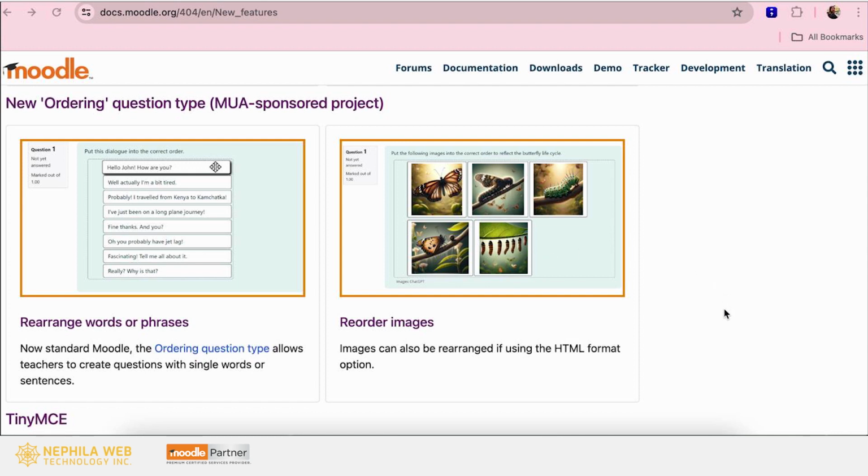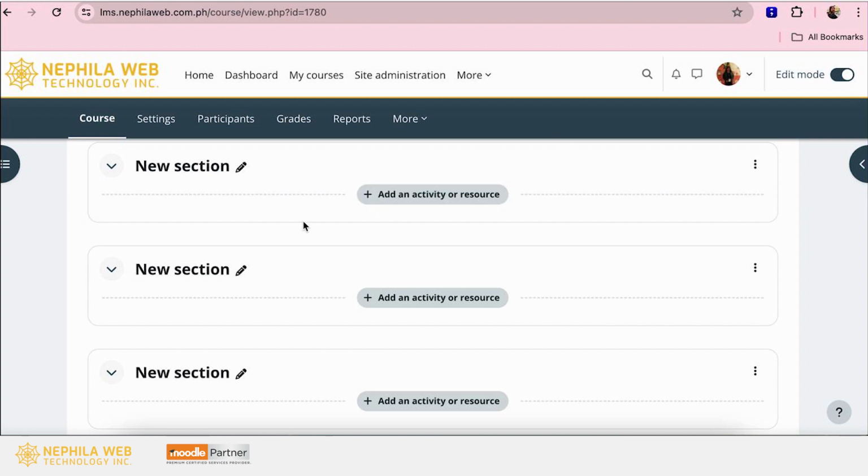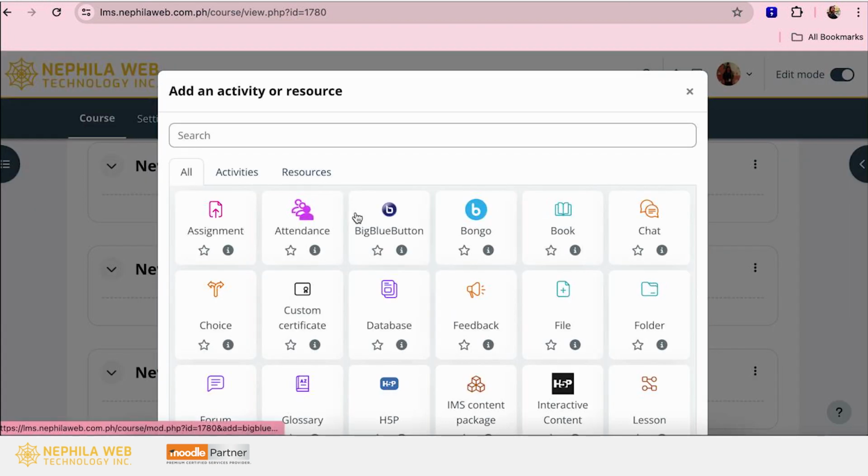In this tutorial, you will learn how to use the ordering question type. This question type is a new feature of Moodle 4.4 and it allows you to rearrange words or phrases within your question. So let's go now to the Moodle course page, and I'm going to add an activity or resource,